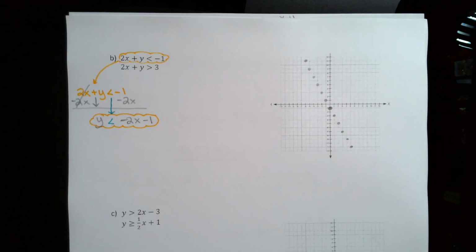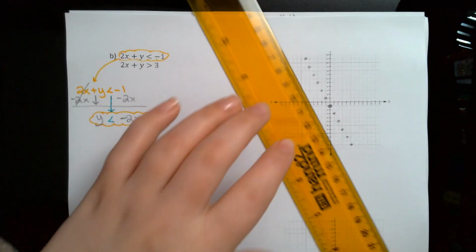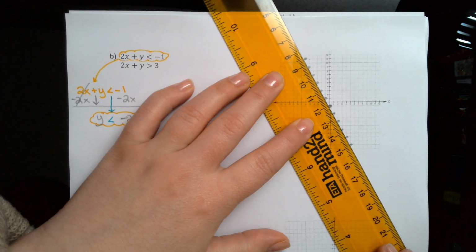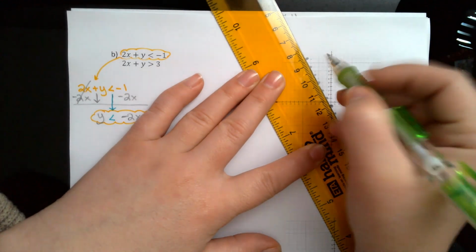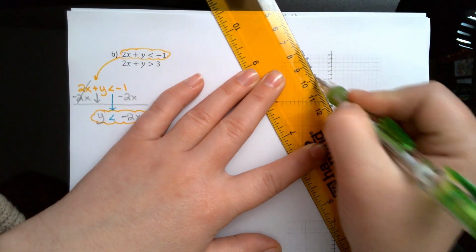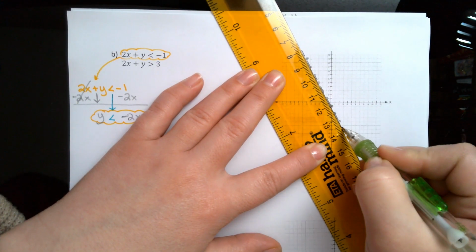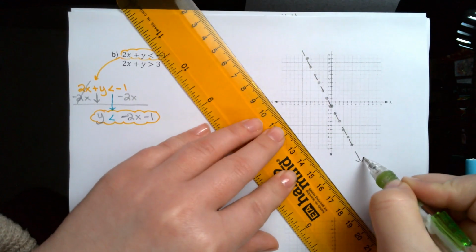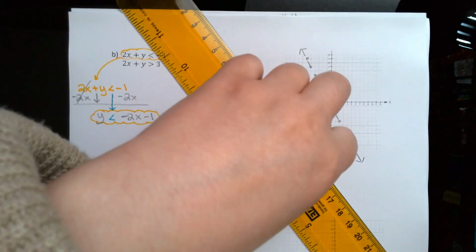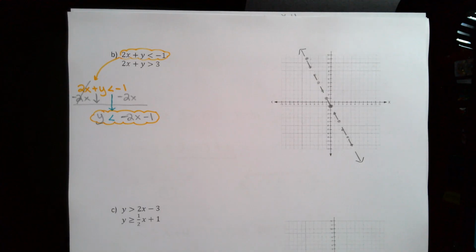And what did we say? Is this going to be solid or dotted? It's going to be dotted because we don't have an "or equal to" dash. We don't see a solid line, so we don't do a solid line. Dotted. Arrows are required. Again, this is a system, so no shading yet. We're going to go into our second